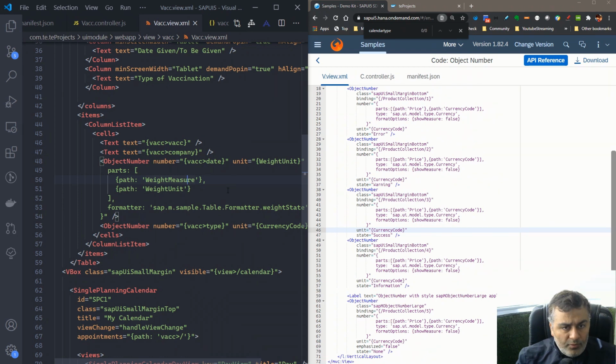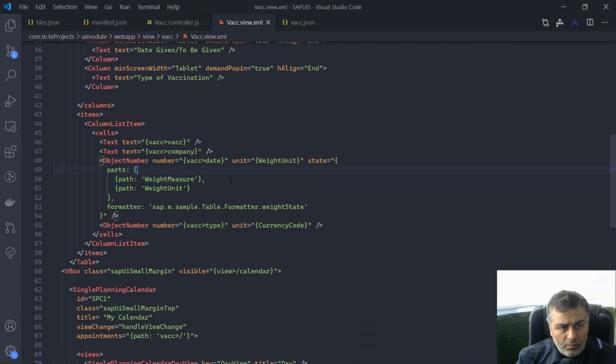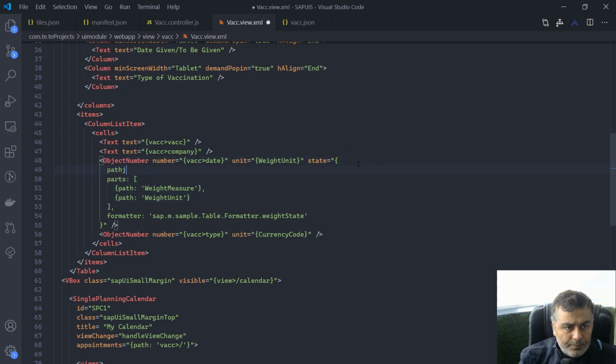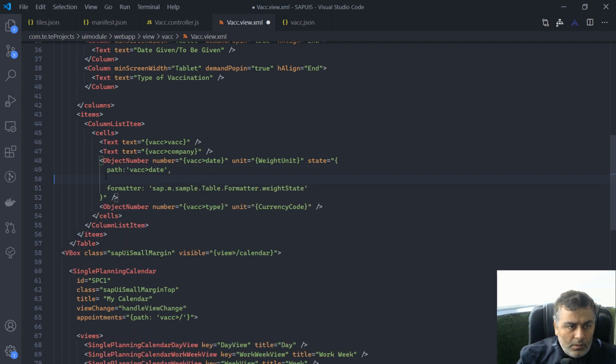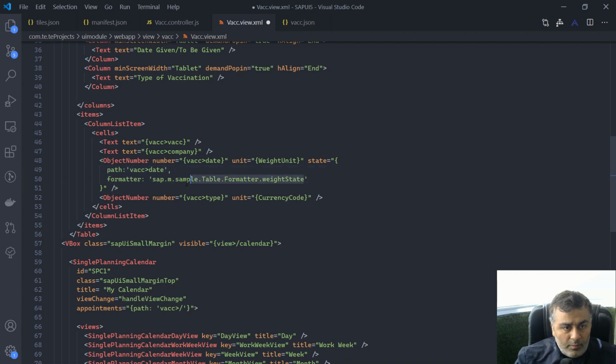And now for this, we don't want to pass multiple fields to it, right? So all I need to do is set the path, and I want to pass the date to it, right? And I don't need this. And then our formatter is, what do we call it? Format state. Okay,